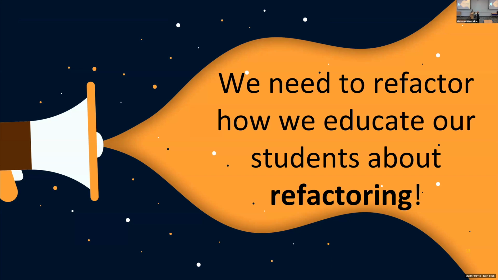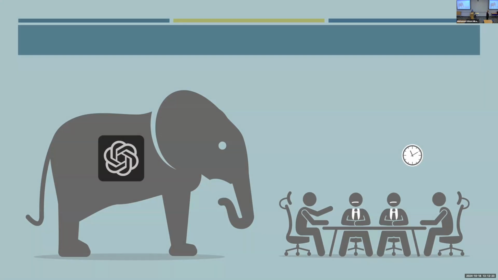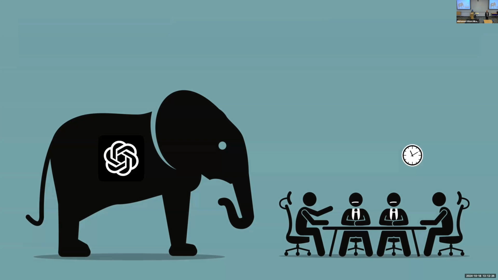So one way, for me at least, to see it is that we also need to educate students, who are future developers, on how they can refactor their code efficiently, right? Because once they reach that stage of production, they will be dealing with a lot of other issues, right? So if we teach them very early how to refactor their code in the proper way, we can help them in the future do this more efficiently, right? And as we discuss how we can do this, we can no longer ignore the elephant in the room. Okay, obviously it came, right? And now it's changing the landscape of research in so many ways, including education.